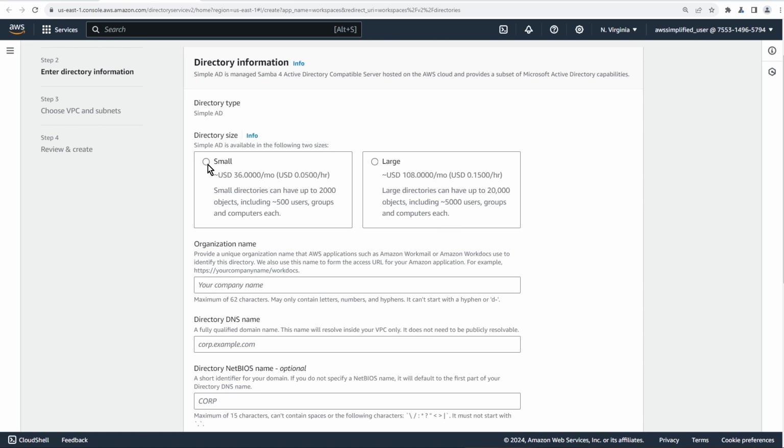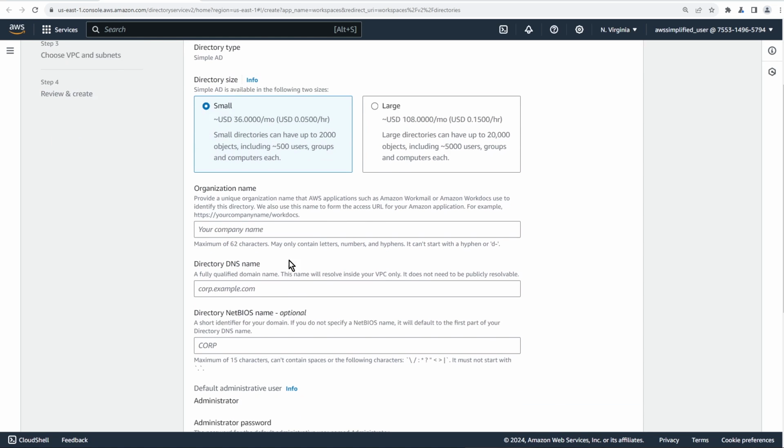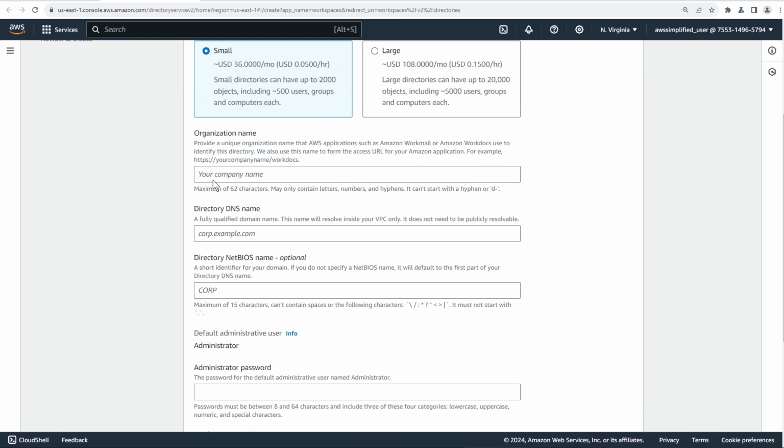So for our case, we're going to choose small here because this is just a sample application, but for you, you may want to think about this. So that's good. For organization name, you can call this whatever you want. I'm just going to call this Be a Better Dev. And then you need to fill out a directory DNS name. This can also be whatever you want as long as it follows the fully qualified domain name. So something.something.com. So we're going to say